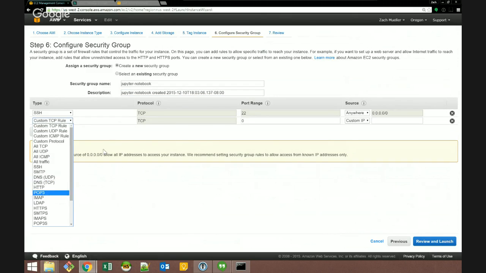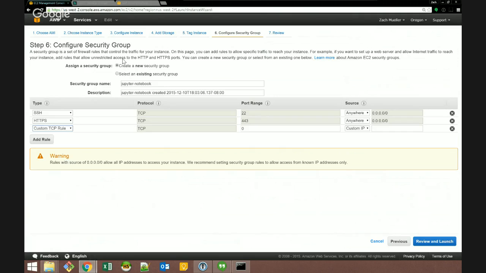Are you familiar with port stuff at all? No. Okay, so the cool thing here is,